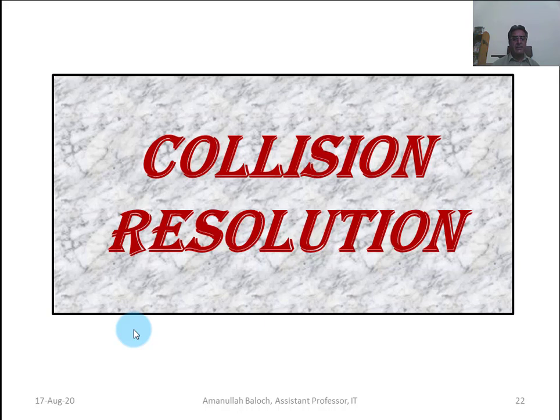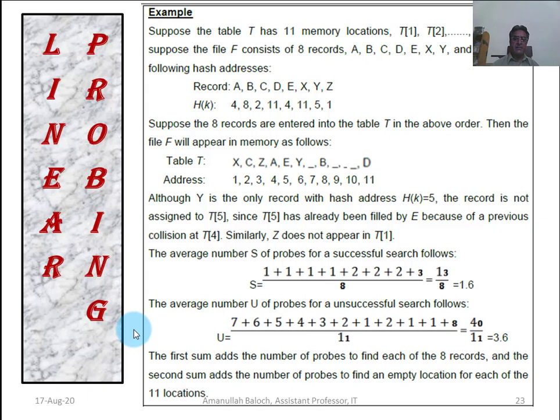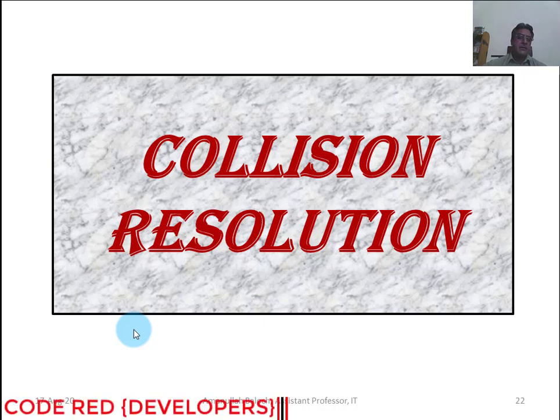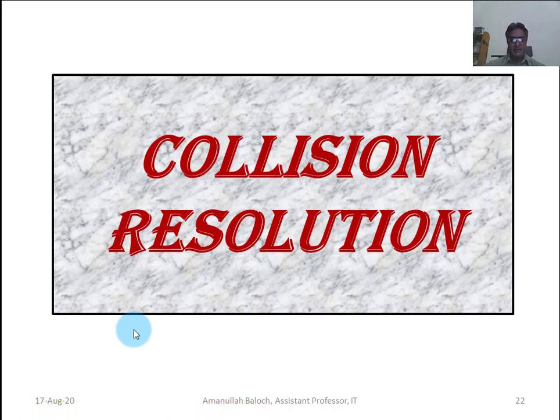We have already discussed how the collision occurs. In our daily life, we see that when we want to go to a bus station, and we want to reserve a seat for traveling from one city to another city, the conductor or the manager or the ticket checker gives us the ticket number 17.